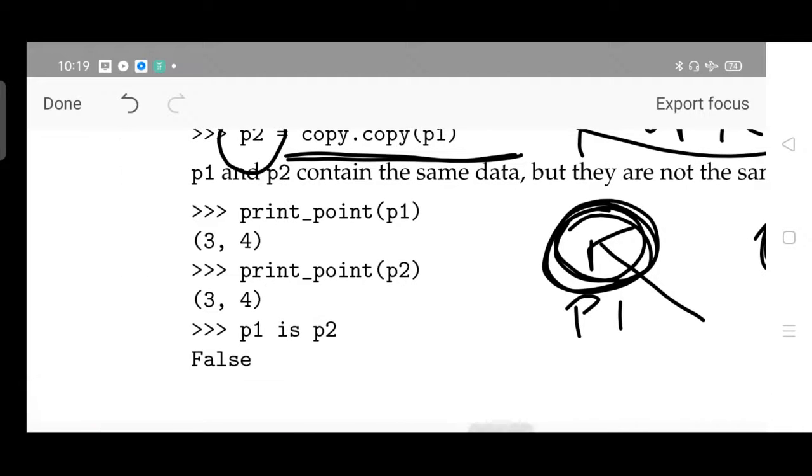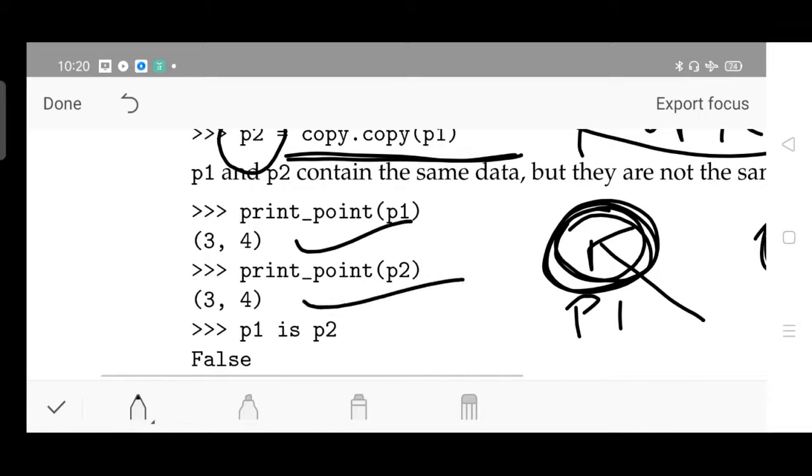So P1 and P2, if you are making a call, whatever the value existed, that will be displayed. Then if you use the is operator, recall the is operator you have studied in the first as well as second module, right? If P1 is P2, this is used for comparison purpose. If you make a call for P1 is P2 from the command prompt, that will give you the result false. It is false because they are independent objects, they are not the same object.